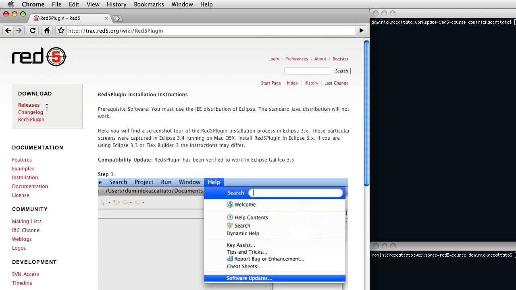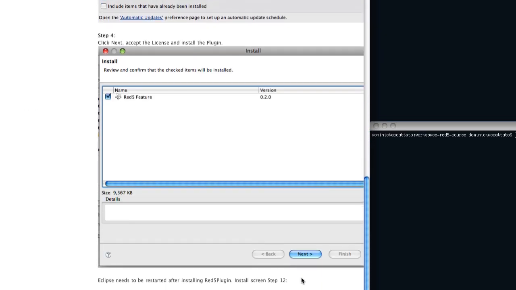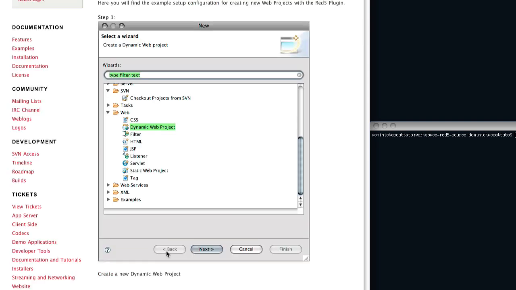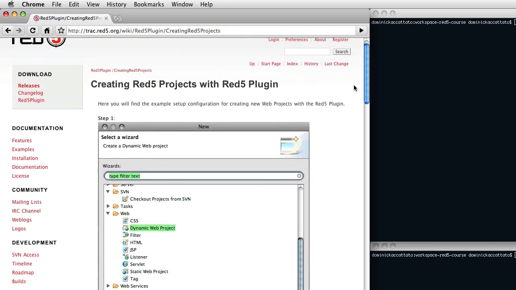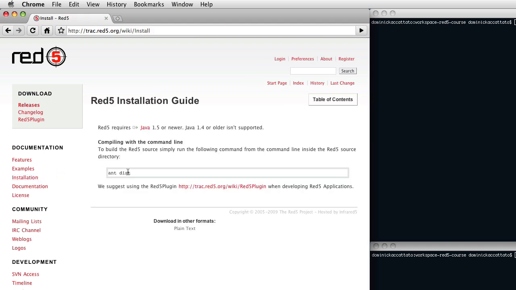The Red5 plugin, of which I developed, can be located from the red5.org site, and we have installation instructions here. It's basically an Eclipse plugin, and we also have a tutorial on creating Red5 projects at the bottom. You'll notice in the documentation section there's some features and examples, the installation, documentation,